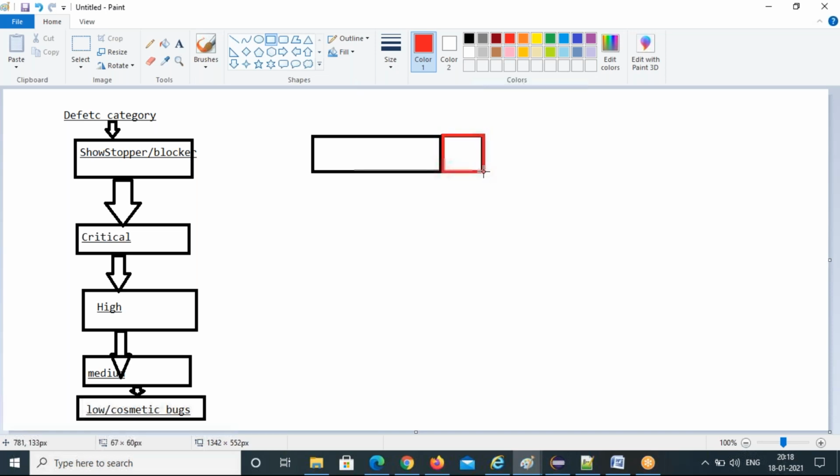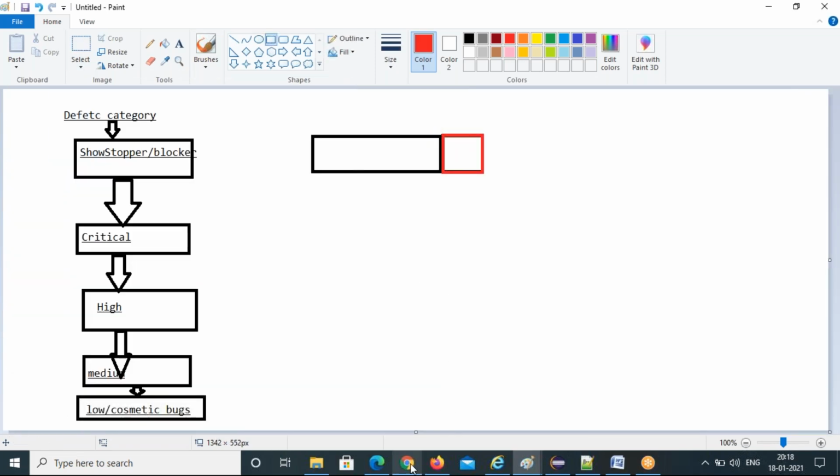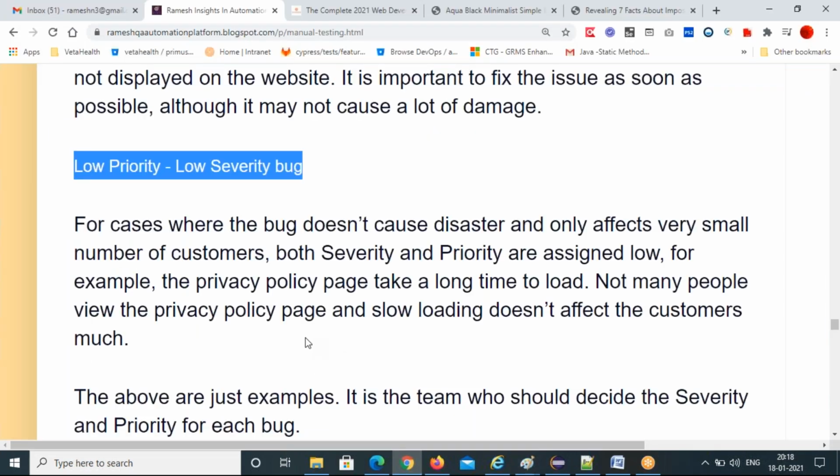This overlapping should not happen, and it's not affecting you at all. Just a highlight text is overlapping here. Such kinds of things are very low severity and low priority bugs, you can tell that.